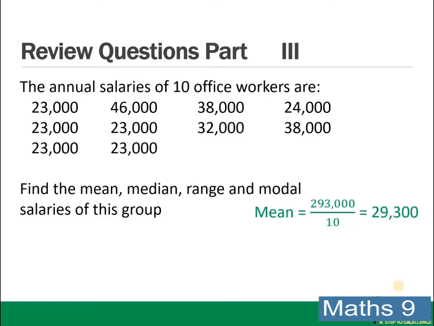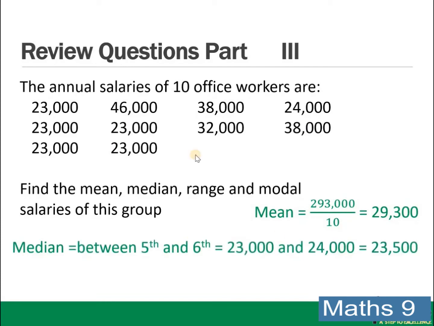Here are the answers. First of all, for the mean, we add up all of these values and divide by 10, which gives us 29,300. For the median, there are 10 values, so we do 10 plus 1 over 2, which is 5.5, so we want to be between the 5th and the 6th value. The 5th value is 23,000, and the 6th value is 24,000, so the average of these two is